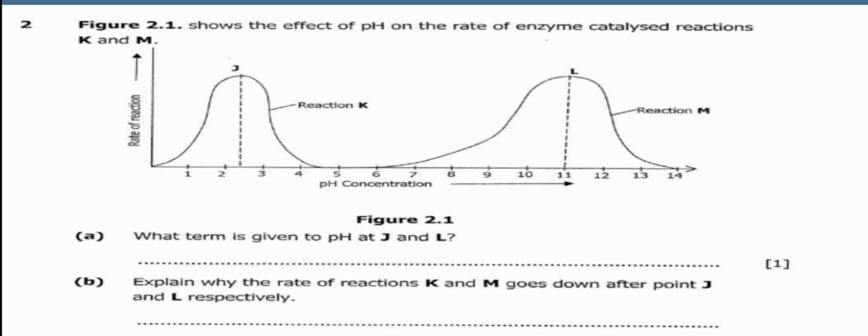Right, so the question is saying figure 2.1 shows the effect of pH on the rate of enzyme catalyzed reactions K and M. These letters are representing the reactions. One of the things you need to consider when they bring a question on the effect of pH on the rate of enzyme catalyzed reaction, the first thing you need to think of is